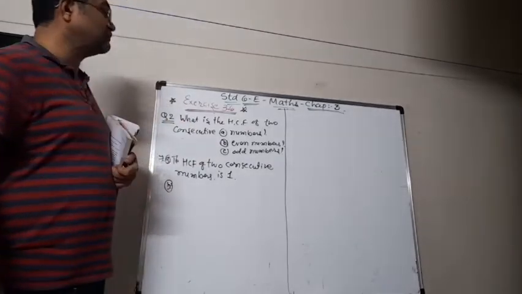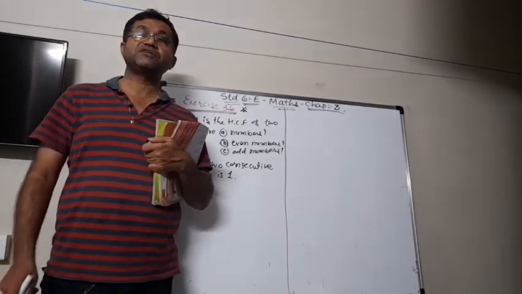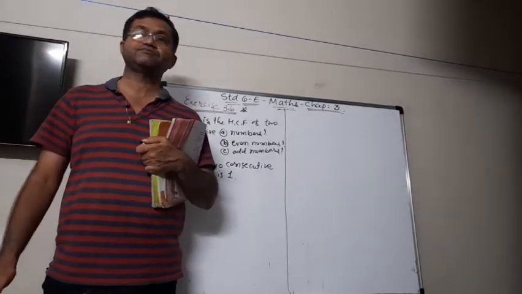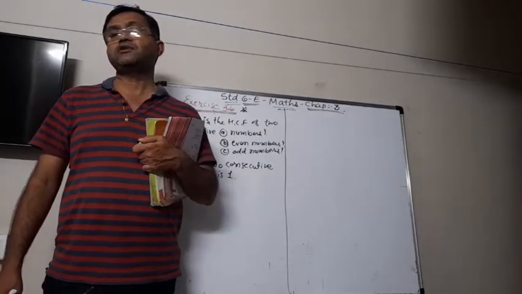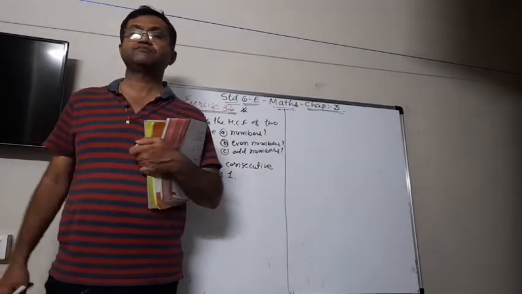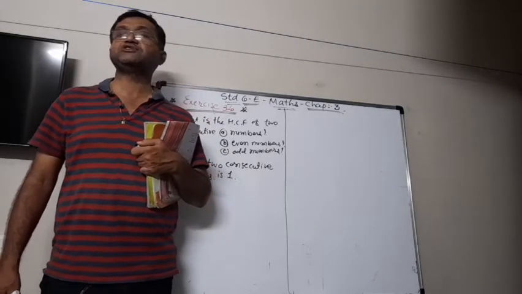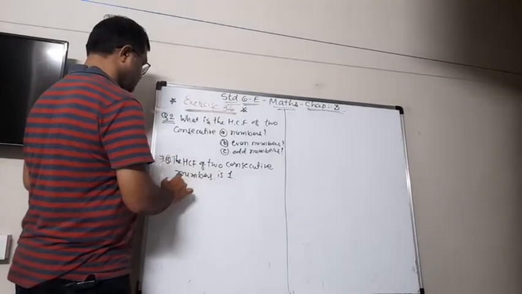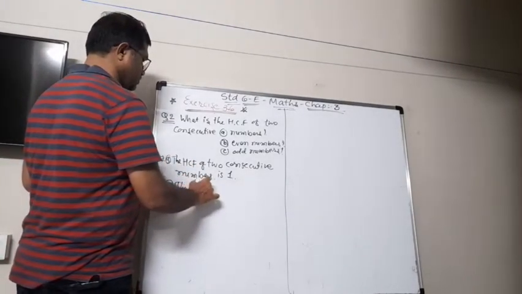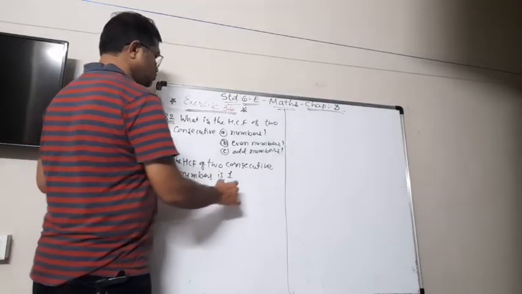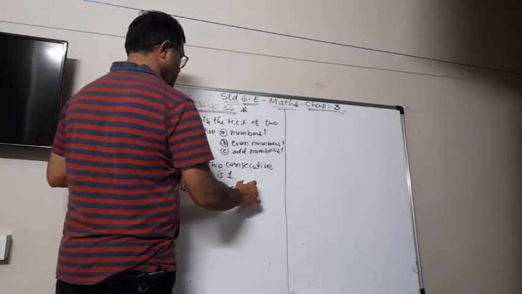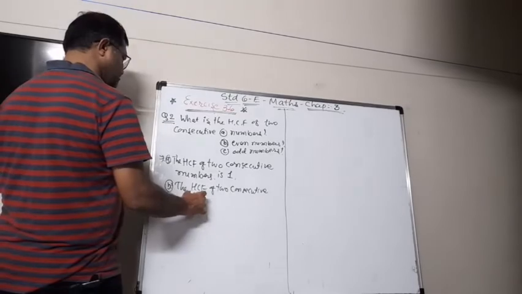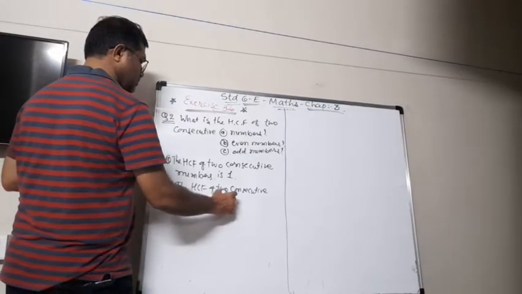Secondly, 2 even numbers. Consecutive even numbers are 2 and 4, 4 and 6, 6 and 8, 8 and 10. Then we know that they are even numbers, so there will be common factors 1 and 2. So the HCF of 2 consecutive even numbers is 2.